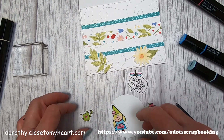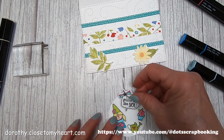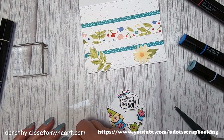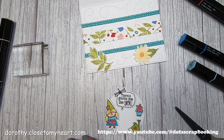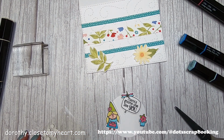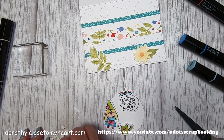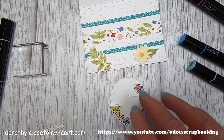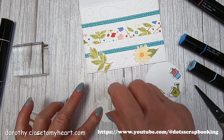So I decided to take the white disc and just kind of put all the little bits around the disc. So it's going to be, that's my sentiment disc. And I'm just going to pop up all the little pieces with some foam dots, double stick dots. They're not very high, so they're a pretty thin little dot. And those pieces are so small, it doesn't take but one or two to put them on there. And now this one I'm going to put strips because it is a little bit bigger,